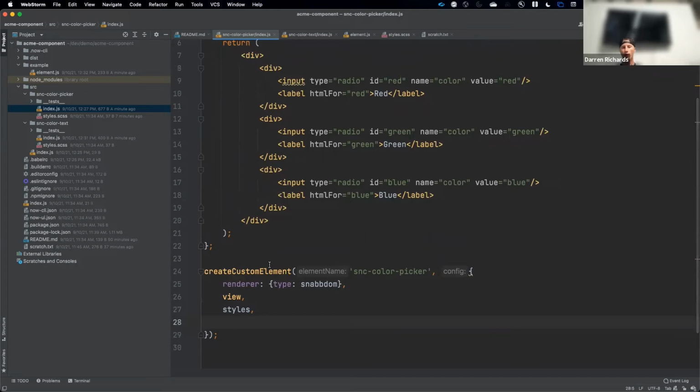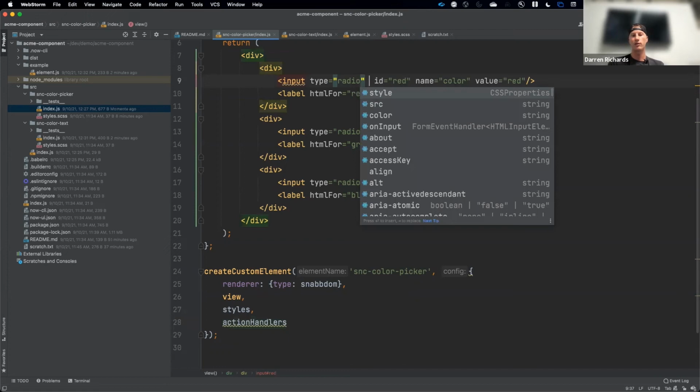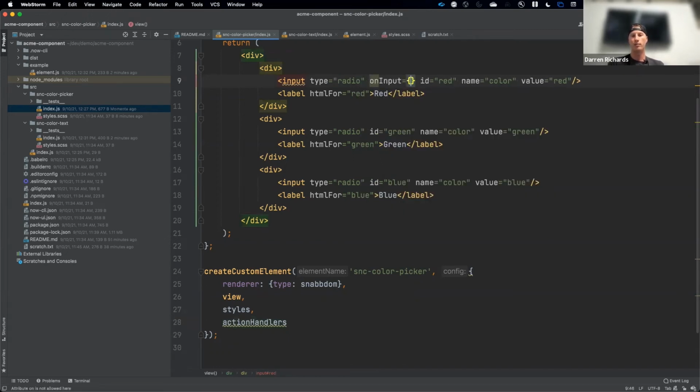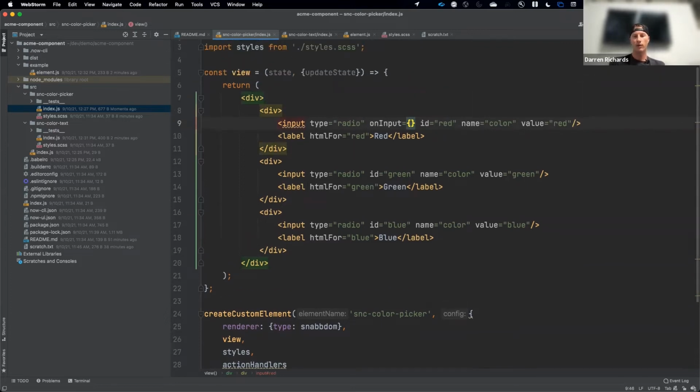As far as this goes, one of the things I want to do is I need to capture inside of my web component if one of these inputs is selected. I want to dispatch an event to the outside world and say, something changed within my component. So I could do that a couple of ways. I could do an action handler here, and then I could write on each one of these lines for my input an onInput, and then here I could write a little function that says